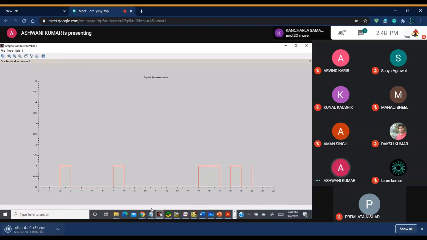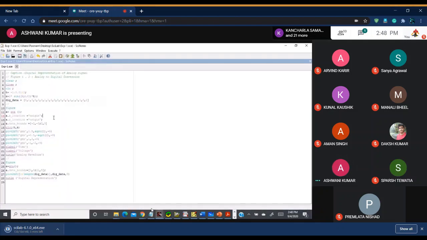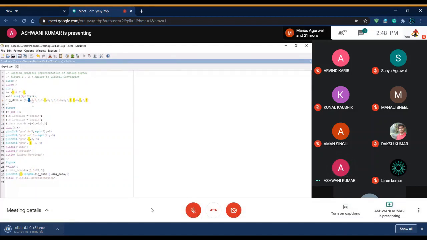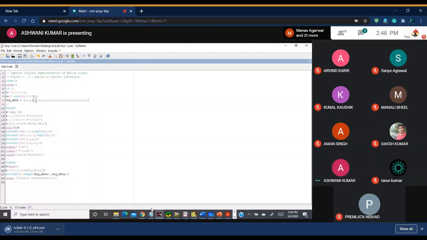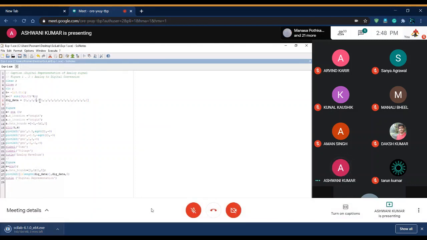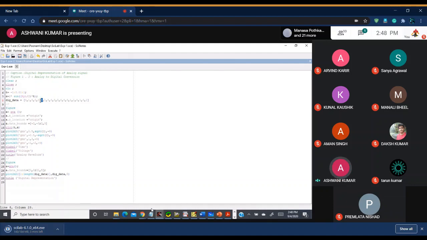In fact, you can see this in the code. We are giving the first 0, which is from 1 to 2, and then 2 to 3 is 1, and then how many zeros do we have? 1 2 3 4, the 4 zeros.